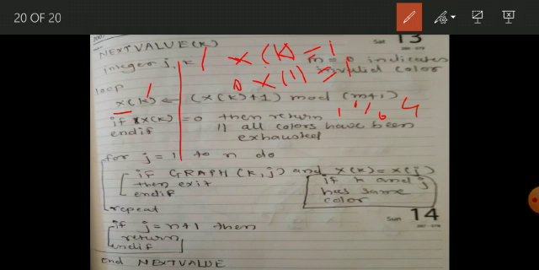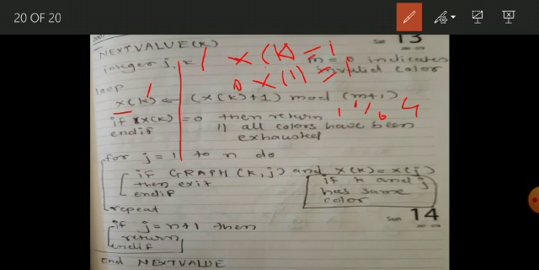Next statement says if x of k equals 0, then return. So x of k will return 0 in the scenario where it matches the mod value. For example, if x of k is already having value 3, then 3 plus 1 becomes 4, and 4 mod 4 becomes 0. So x of k will be assigned with 0. That indicates all the 3 colors have been used, and the next color cannot be assigned to the vertex. So in that scenario, x of k will be assigned the value 0.